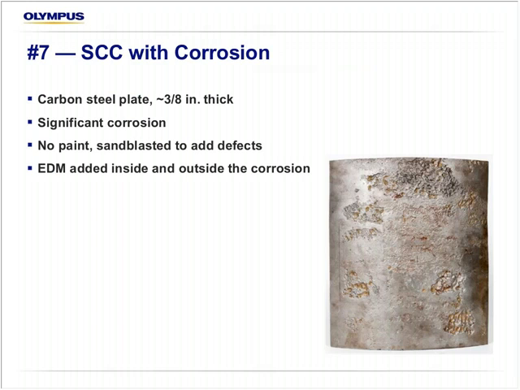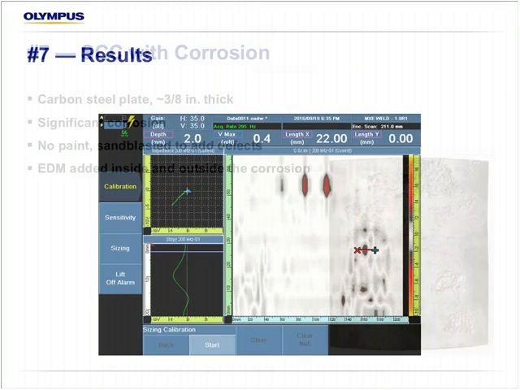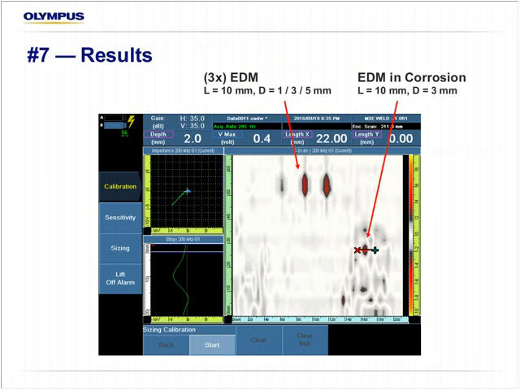We removed the paint to be able to sandblast it and add EDM, or electro-discharge machining, defects inside and outside the corrosion areas to be able to compare with and without corrosion. The results are pretty interesting. Obviously, the EDM defects are well detected when they are outside the corrosion, but what is the most interesting fact